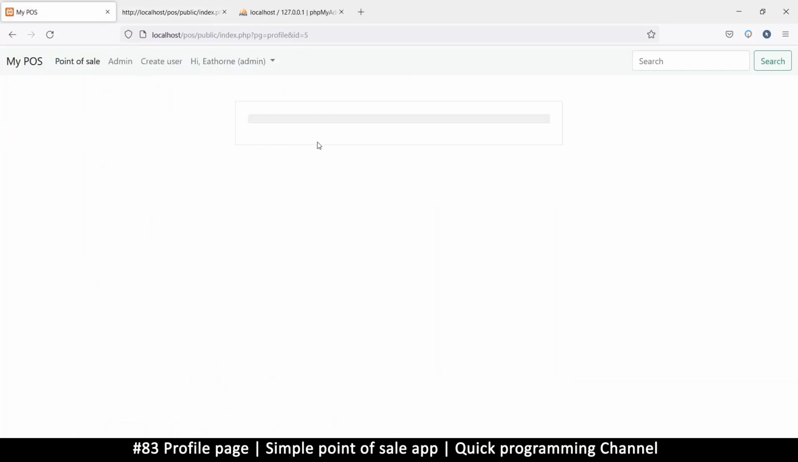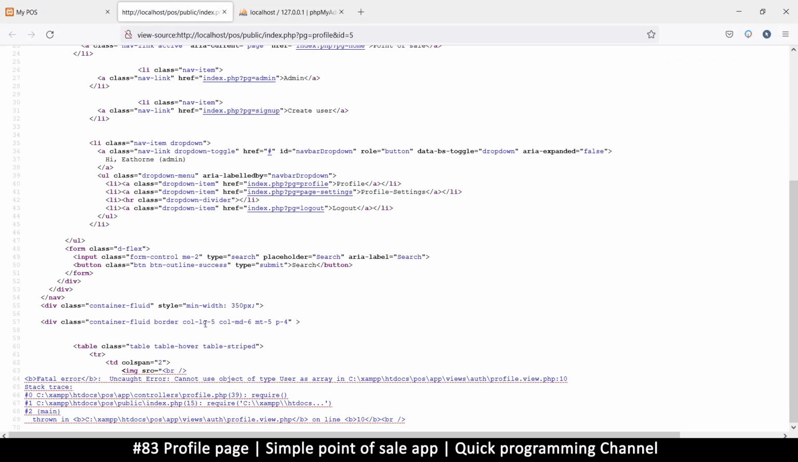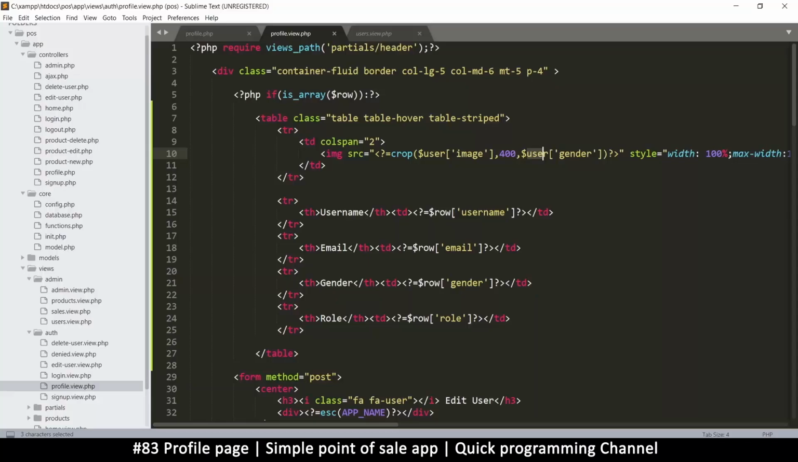The reason, I think, is because the error is inside the table, so it ignores that information. I'm not sure why, but if we go to the page source, we see the error here. Fatal error, cannot use object of type user as array. Okay, great. So it's telling me this one is user, because user is defined as a class